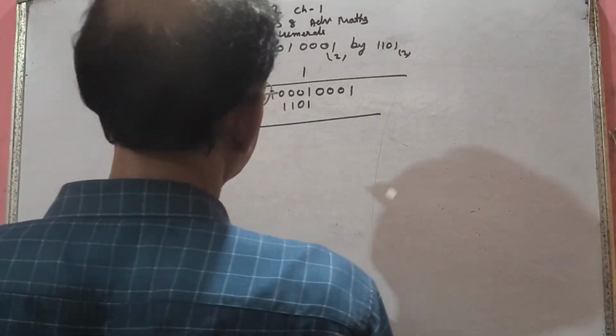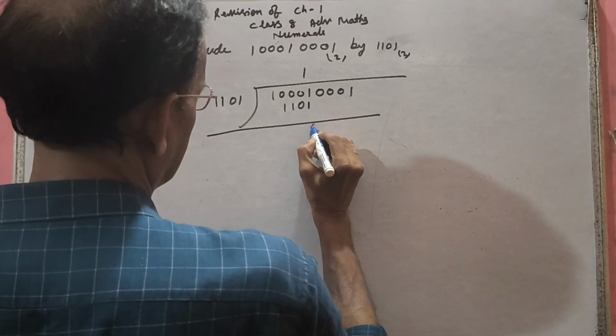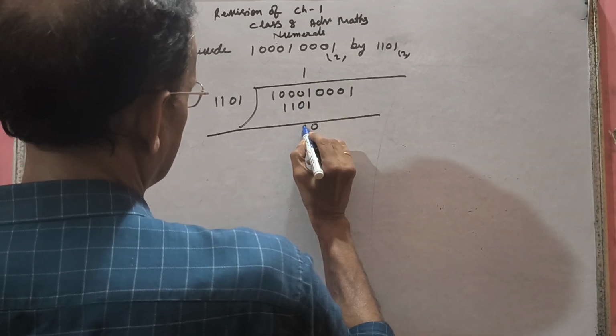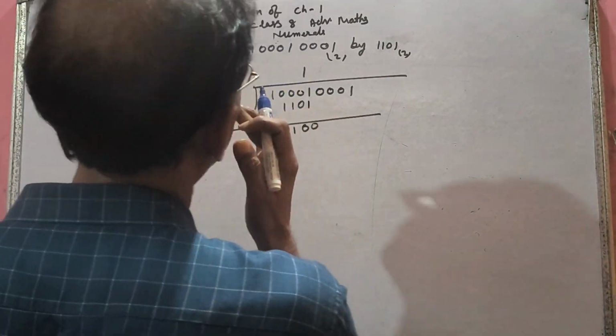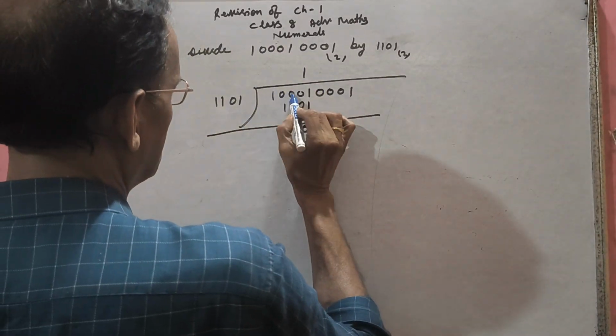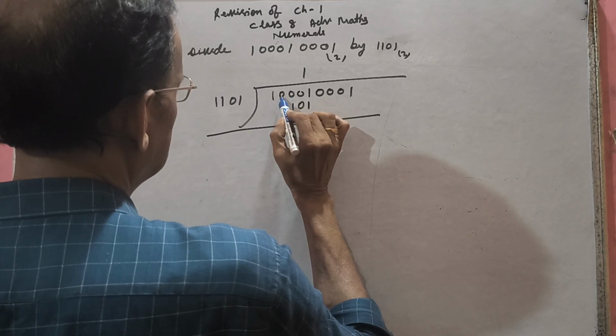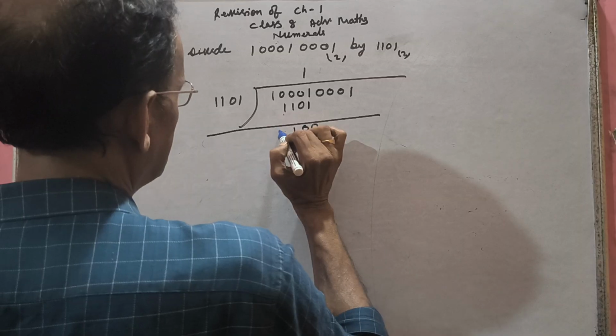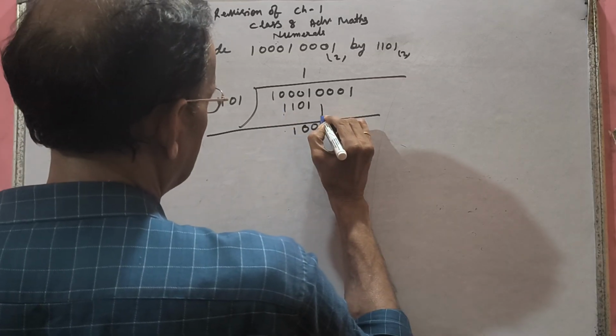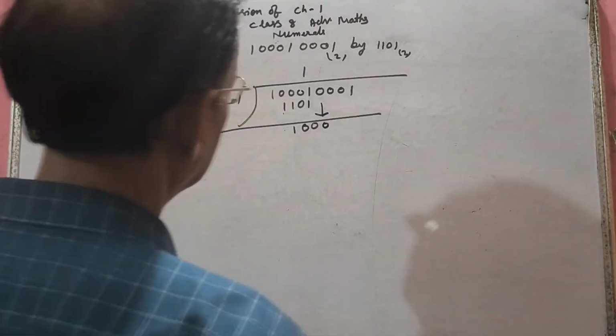Now subtract: 1 minus 1 is 0, 0 minus 0 is 0, 10 minus 1 is 1, you know, because 1 plus 1 is 10. How will we get 10? We will borrow here. 1 10 minus 1, this with 0 will become 1. So 1 minus 1 is 0, and this is already 0, so no need to write here. Now what will we write? 0. Okay.